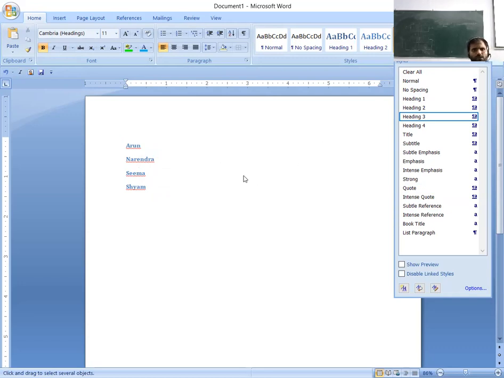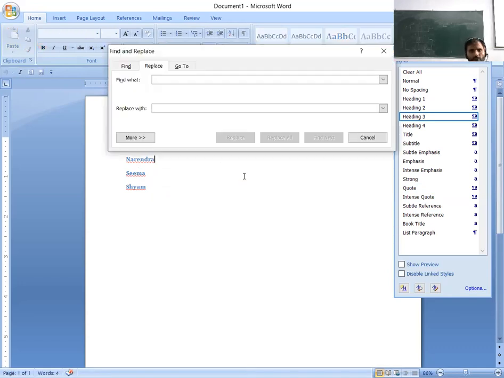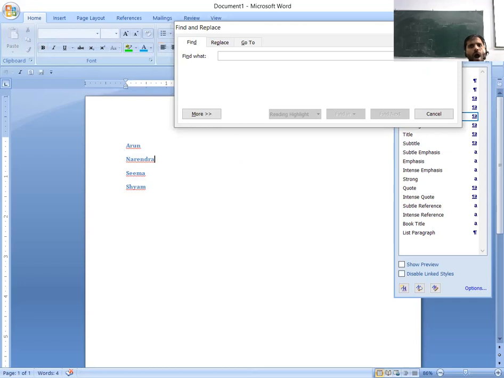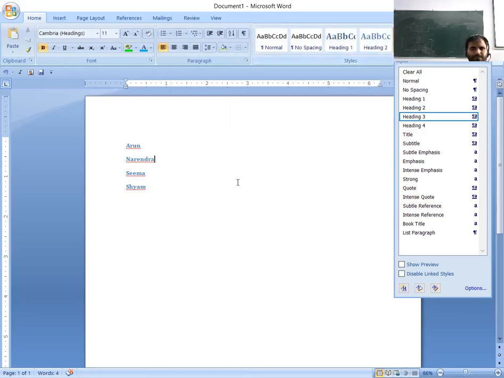We also have a shortcut, Control H to find and replace, Control F to find. So using the home menu, there are some different options.